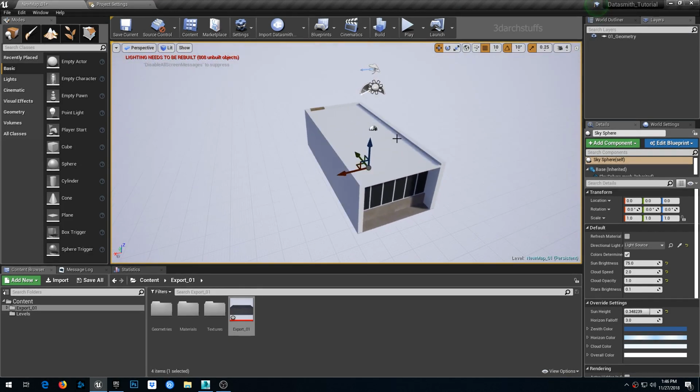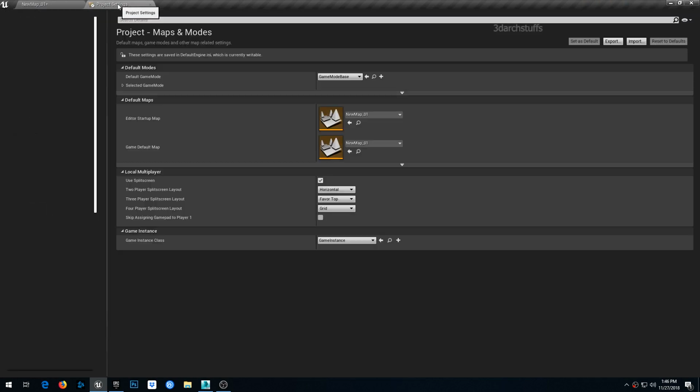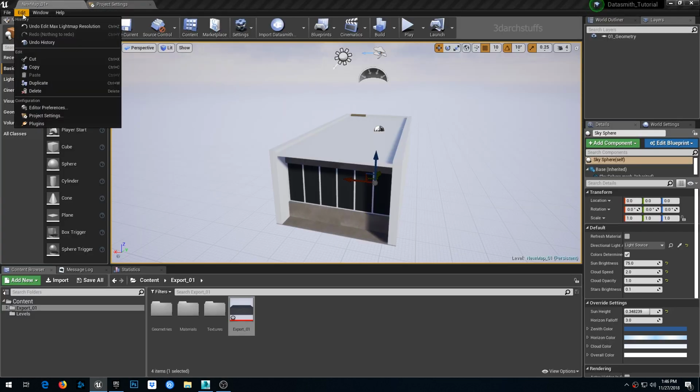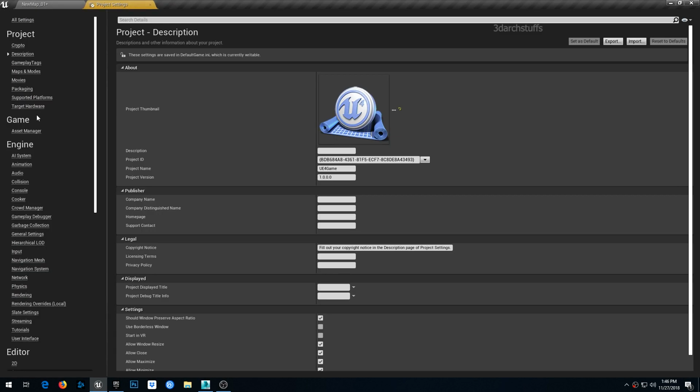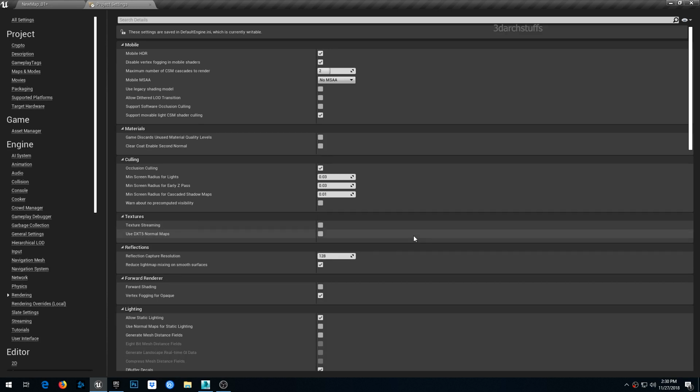So for that, what we'll need to do is just go ahead in project settings. You can go from here, edit, and then project settings, and in project settings go inside rendering, and in renderings go ahead and switch off texture streaming. You can see here it's texture streaming. Just go ahead and switch it off, and after that scroll down